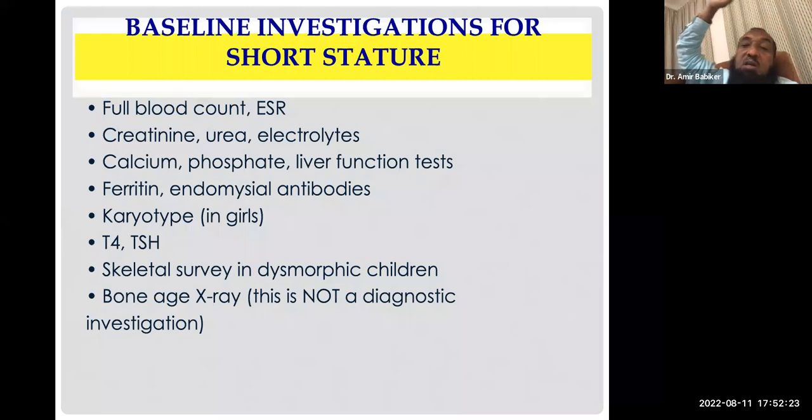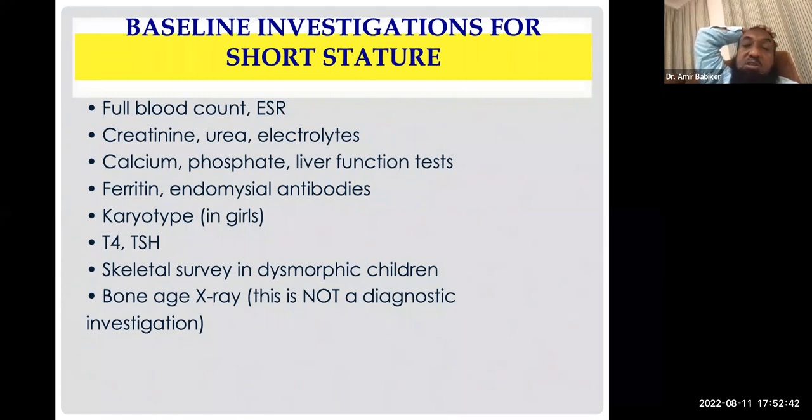You need thyroid function test because thyroid affects the growth. You need liver function test لأنه liver function test in the pathway of the growth hormone. This is how the IGF-1 is produced. So now blood function test, renal function test, thyroid function test, liver function test, كده kidney function test.